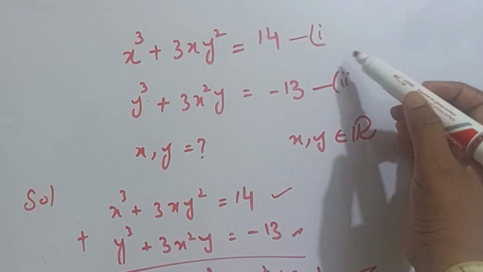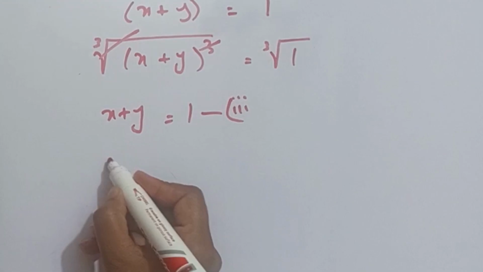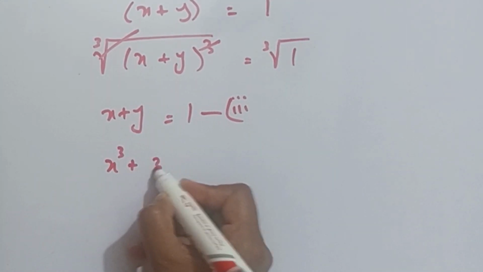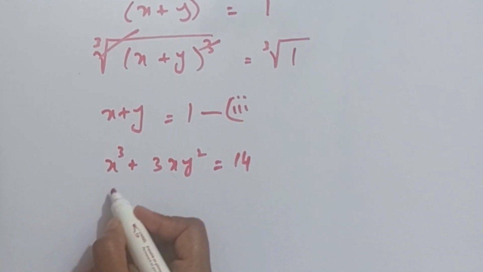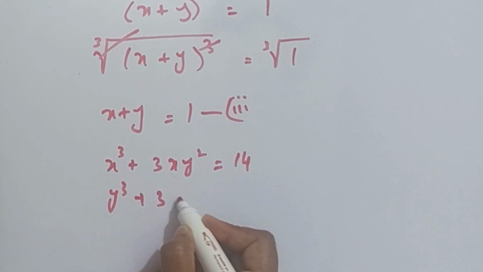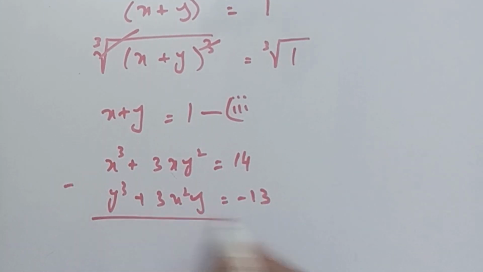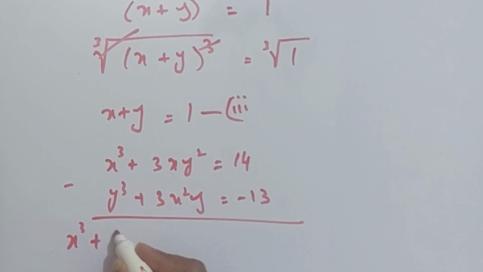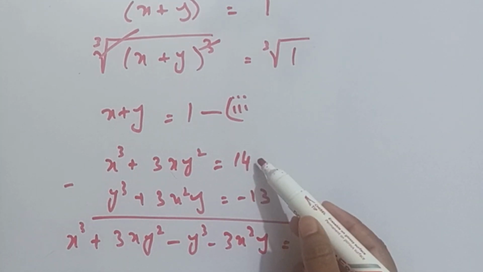Now in the next step, we subtract these two equations. So we have x cube plus 3 times the product of x y square is equal to 14. And the second equation is y cube plus 3 times the product of x square y is equal to negative 13. We subtract these two equations, then we get x cube plus 3 times the product of x y square negative y cube negative 3 times the product of x square y,